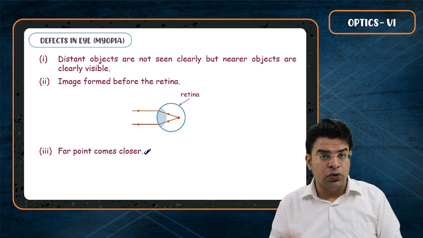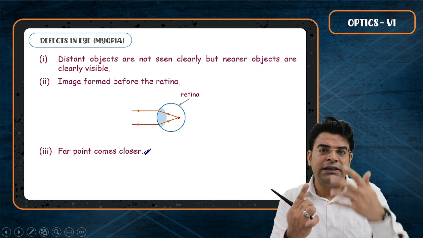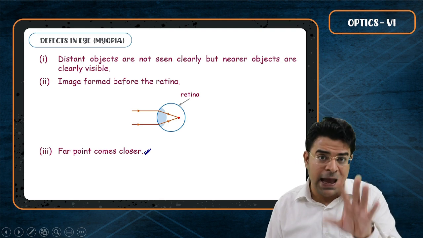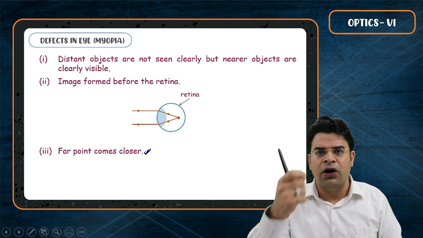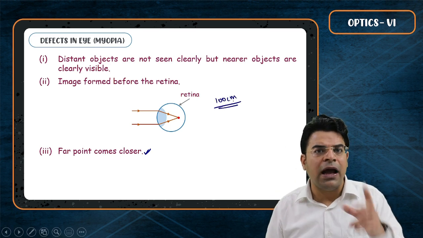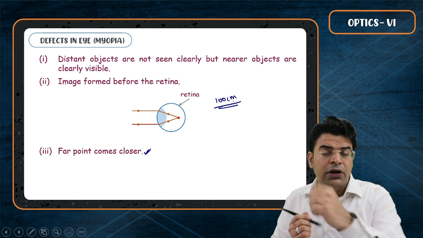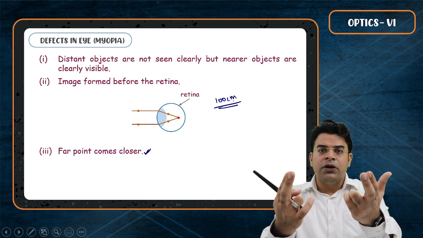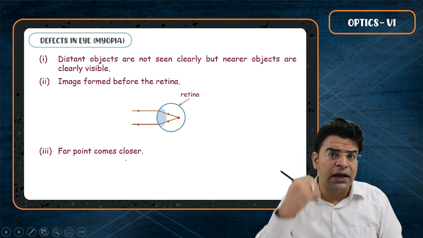So far point comes closer. That's why when things are placed beyond the far point for such a person, they can't see it clearly. Let's take for example, if I am suffering from myopia, which I am, then I can't see the things clearly which are, let's say, placed outside a distance of 100 centimeter, outside a distance of 1 meter. So I will say that my far point is at 1 meter, while for a healthy person, the far point is at infinity. This means that as my eyes got weaker and weaker, my far point kept on coming closer and closer to my eyes. So the far point comes closer. It is not at infinity anymore.